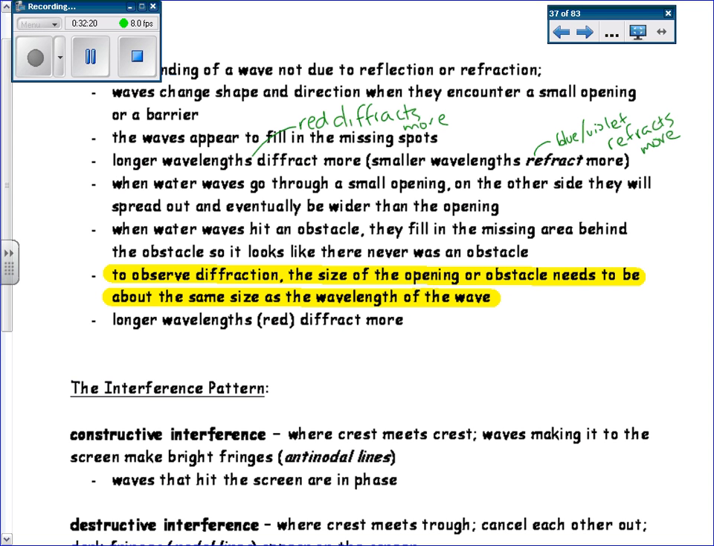In order to see diffraction happening, and from that, in order to see an interference pattern, the size of the opening has to be about the same size as the wavelength of the wave. And so in that video we watched, we'll talk about it eventually, but one of the reasons why viewing the electron